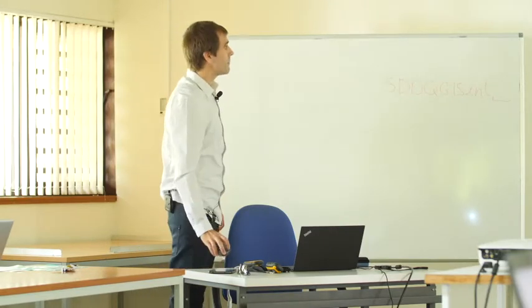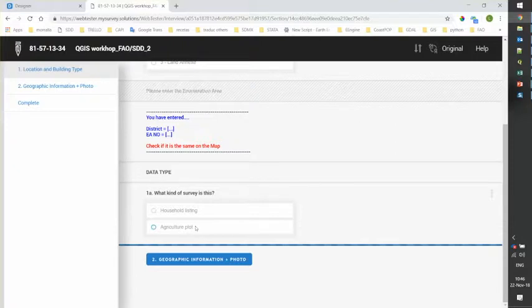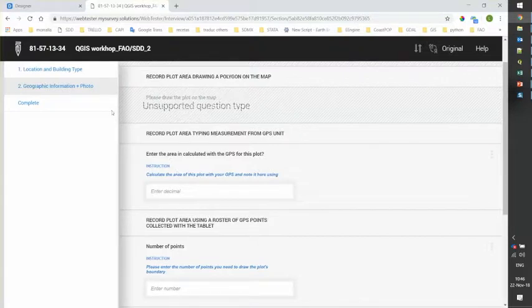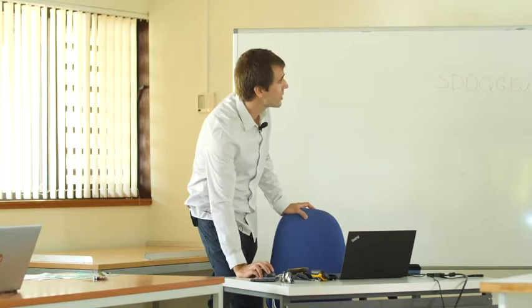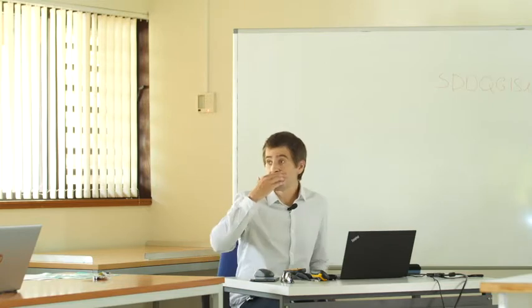So now I'm going to go to location and building type. Imagine that I don't fill it because I forgot, so it's incomplete. Yeah, you see that here it is not green, it's blue because I didn't enter the district or the year code, okay, or the name of the head of the household. Okay, it remains blue. I'm going to show you the other questions. Okay,